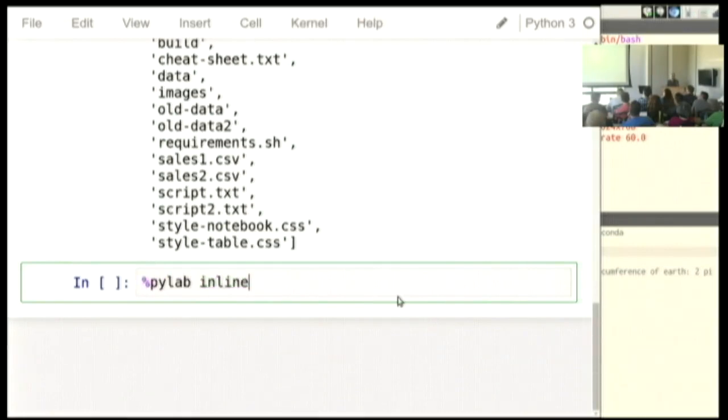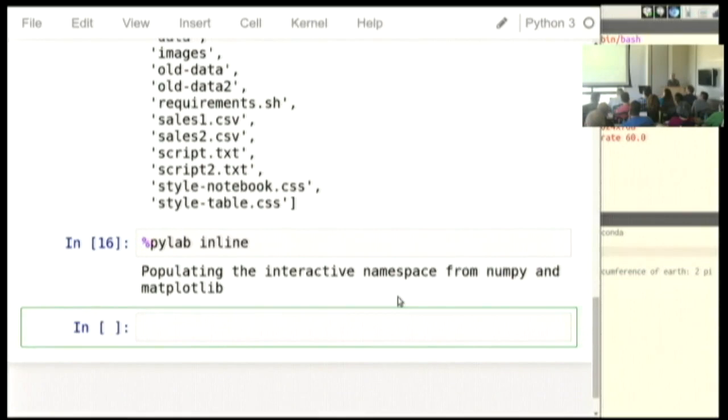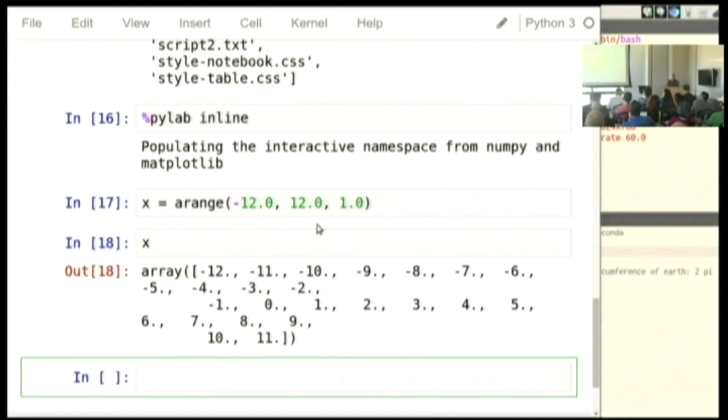And then one of the things that made scientists most excited about this, data scientists, is the fact that we can say, let's see, pylab inline. We can do things like ask for, and I often don't remember how this, let me think, a range. Okay, let's say I want all of the numbers from -12 to 12, and let's ask for a step size of 1. So it'll go -12, -11, -10, all the way up to 11. With a smaller font size, this doesn't wrap oddly like that. It's attempting to display it prettily here. This is what's called a NumPy array.